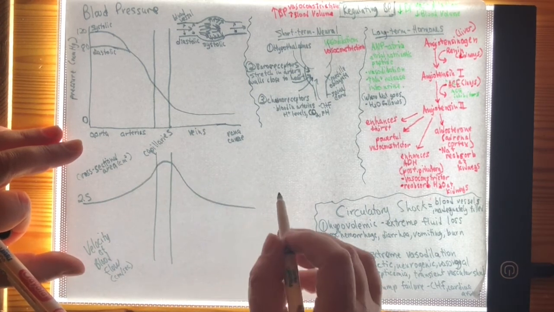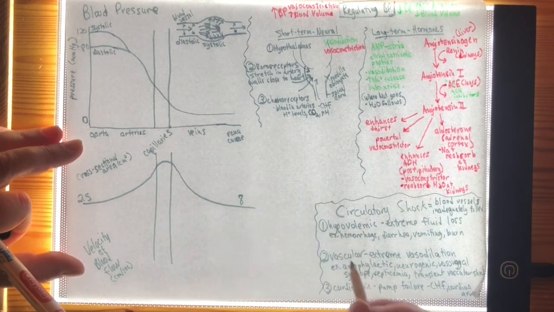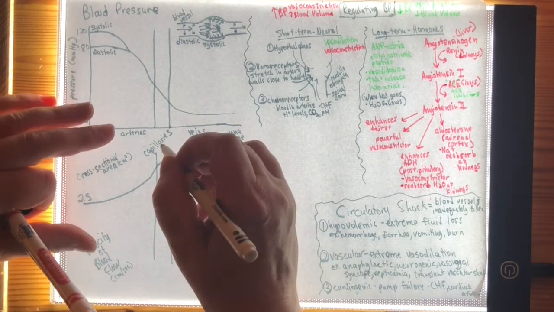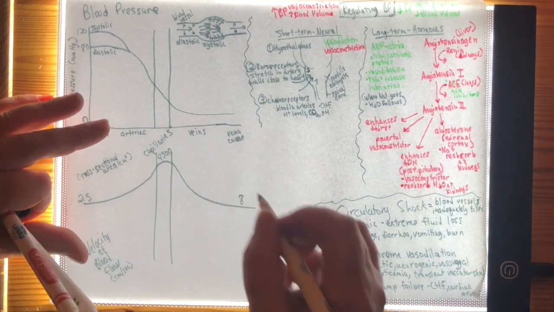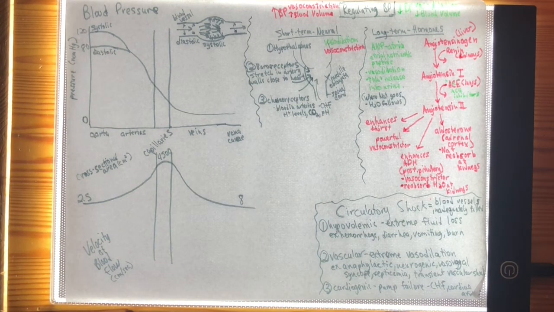And aorta, the lumen cross-sectional area is going to be about 2.5 centimeters squared. A vena cava is about 8 centimeters squared. But the capillaries are 4,500 centimeters squared, which you're thinking, well, that doesn't really make a lot of sense because capillaries are tiny, and that is true. But what we are able to do is add all of them together, and if you add all of the lumens of all of the capillaries together, they actually have much wider